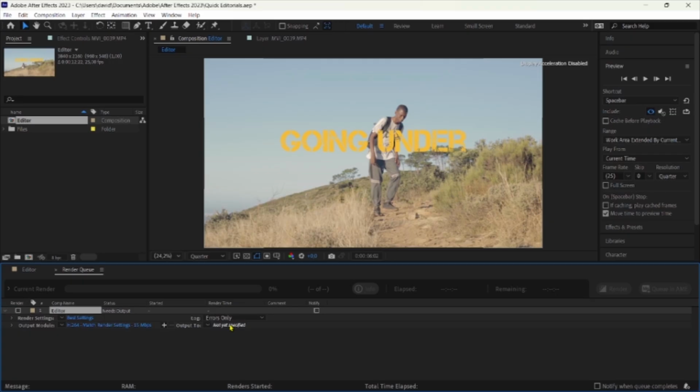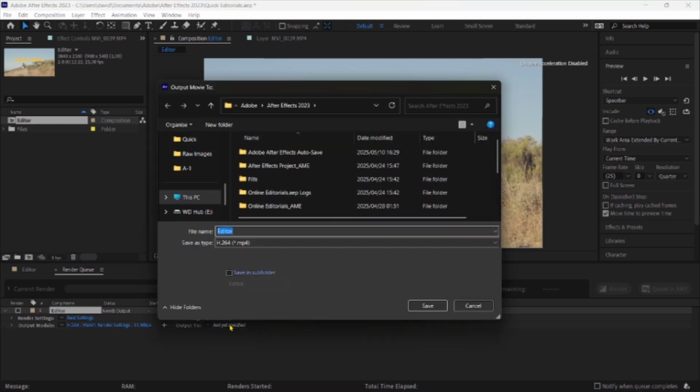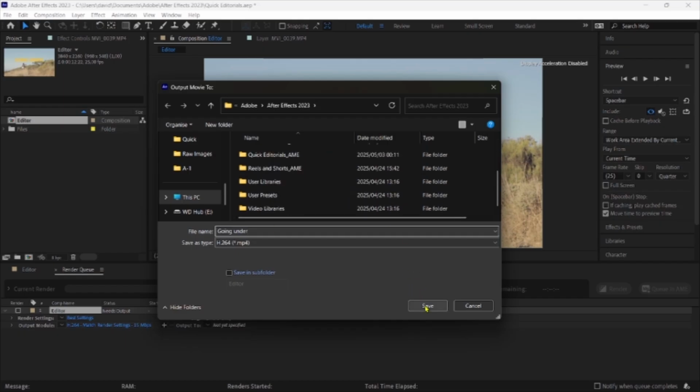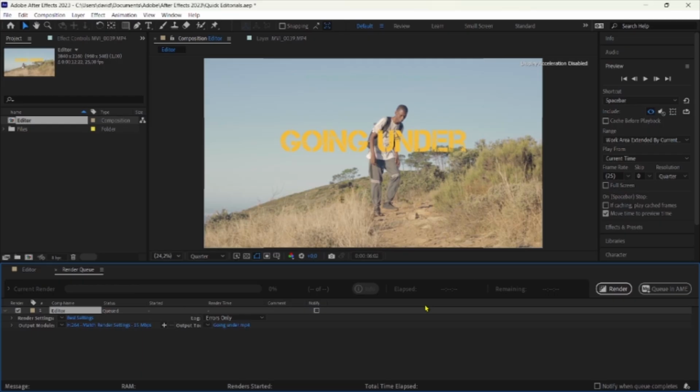A dialog box will appear on your screen, and you can type in the name of your clip. We'll call it Going Under, and we can hit save. Once you've hit save, you select where it says render, and your clip will be exported.